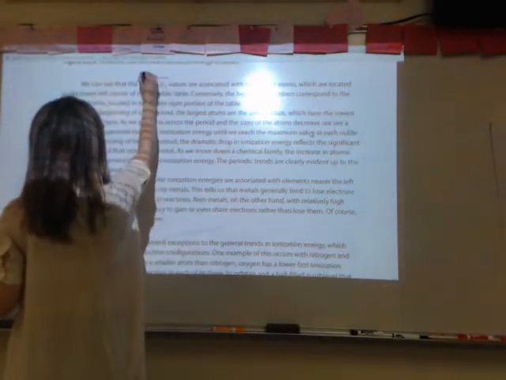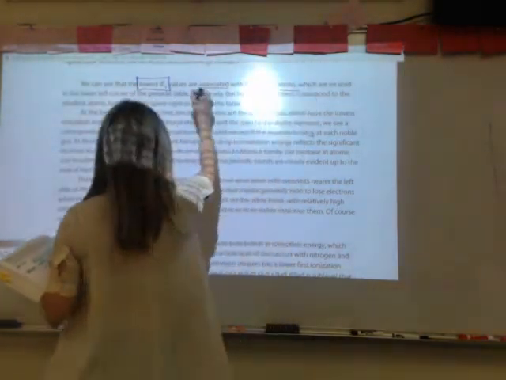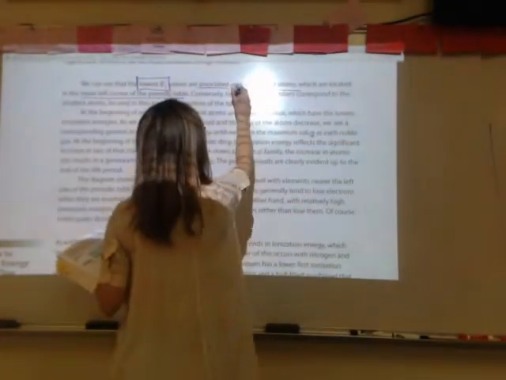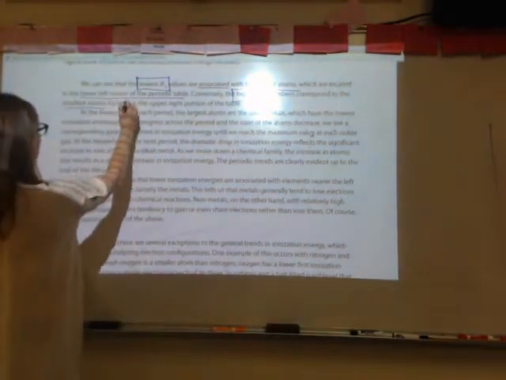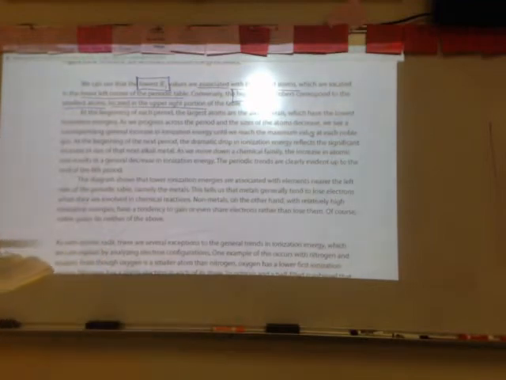So you can see that the lowest first ionization energies are associated with the largest atoms, which are located in the lower left of the periodic table. The highest first ionization energies correspond to the smallest atoms, which are located in the upper right portion of the periodic table. Okay,